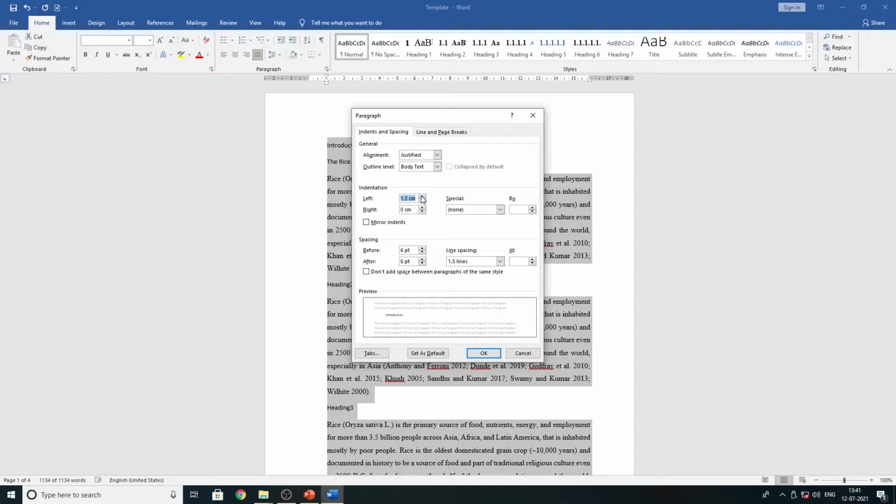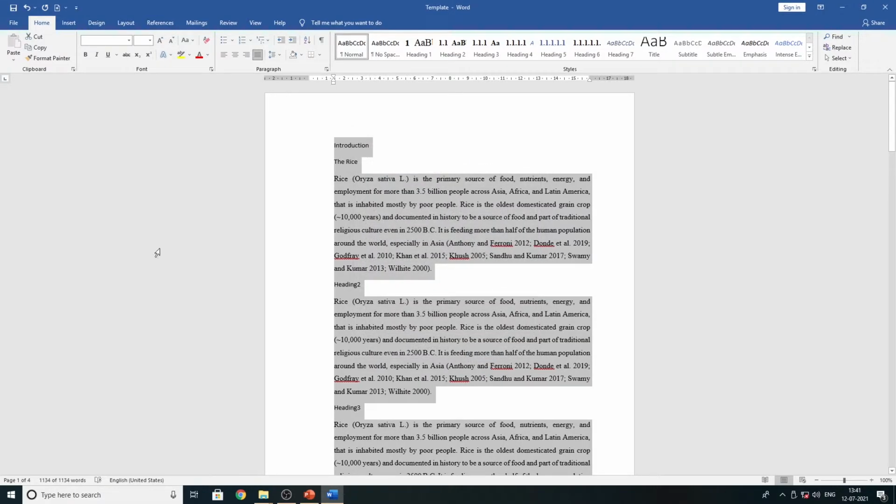You can change it to 1.3 or 1.4 centimeters, that's okay. See, your text is slightly adjusted towards the right side, so the left side gets more space. So you can easily bind your book or thesis, and it will not affect your text or reading later. So this is about the page setup.